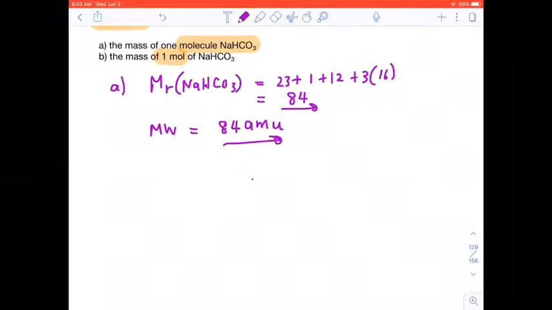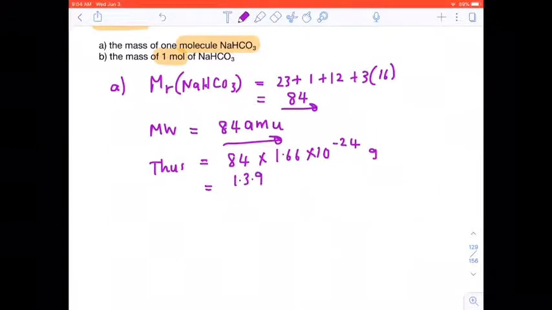But we also know what the value of the atomic mass unit is. Thus, it's 84, and the atomic mass unit is 1.66 times 10 to the minus 24 grams. So if we want its mass in grams, it will be then